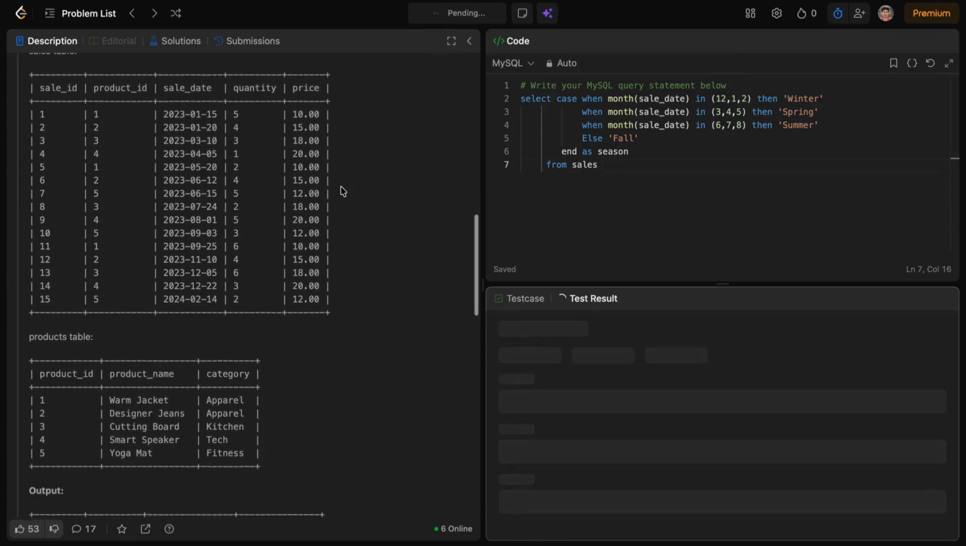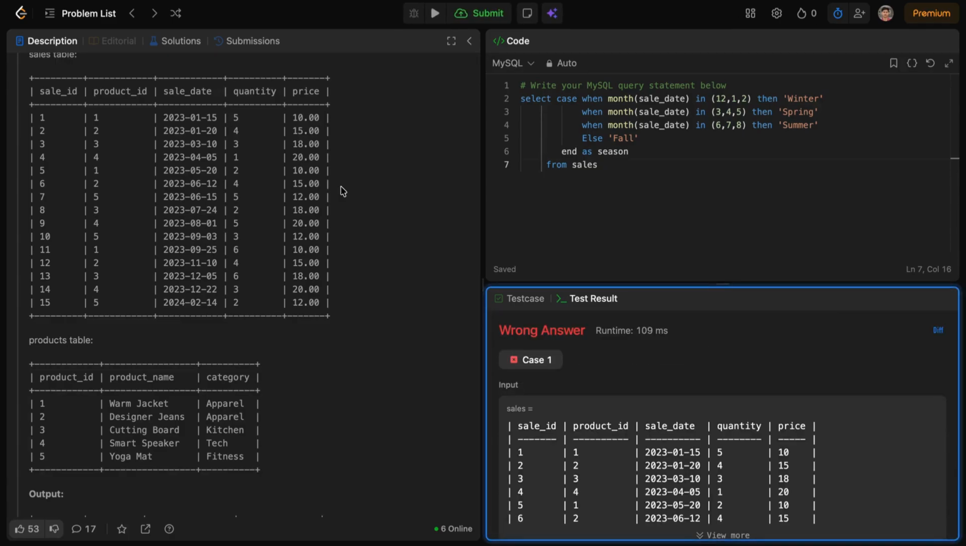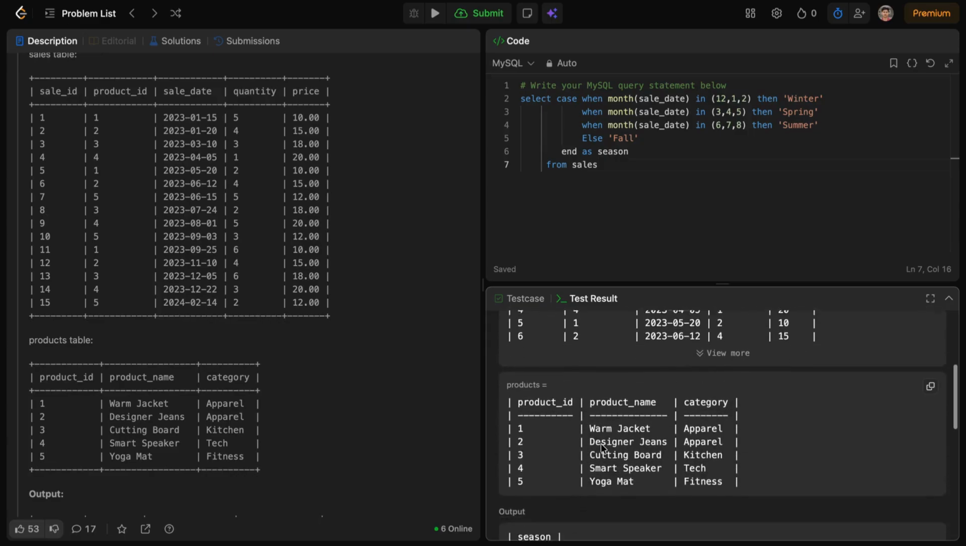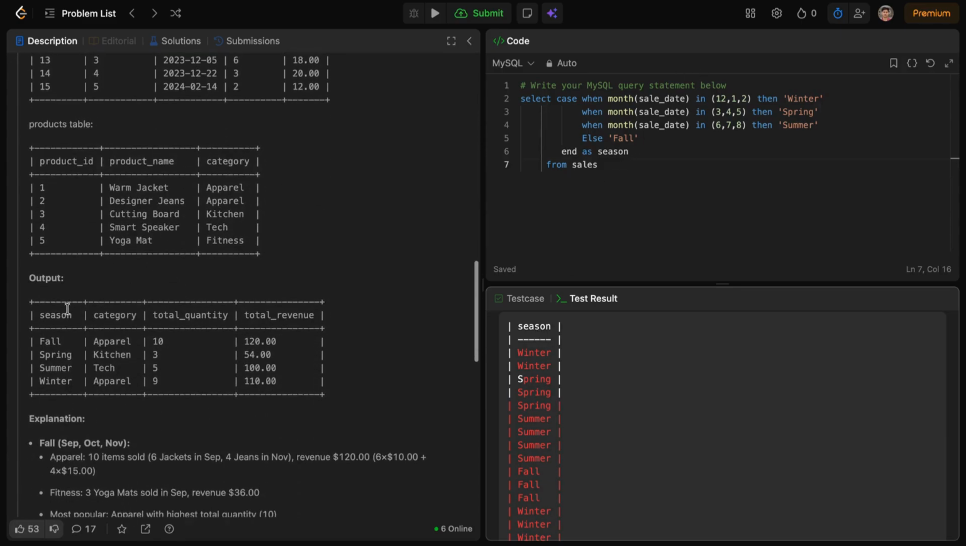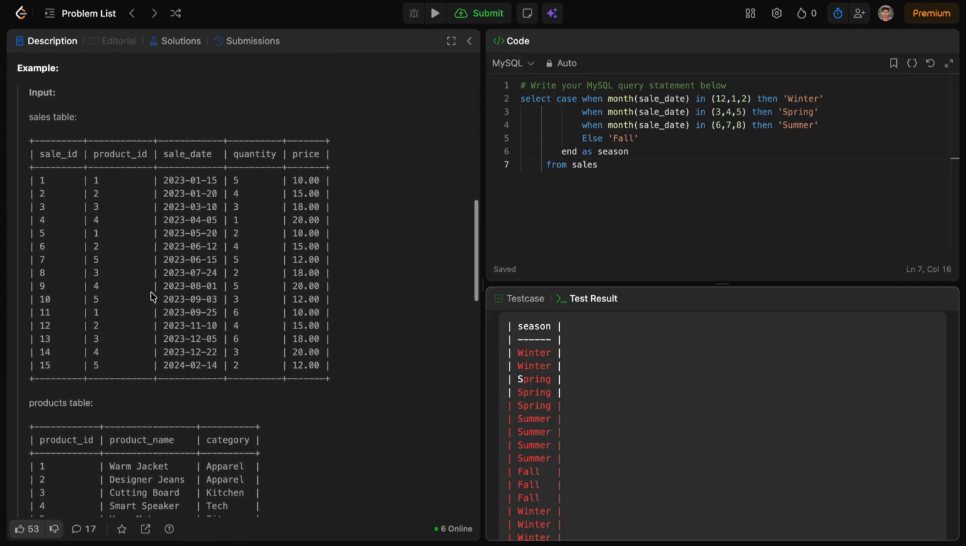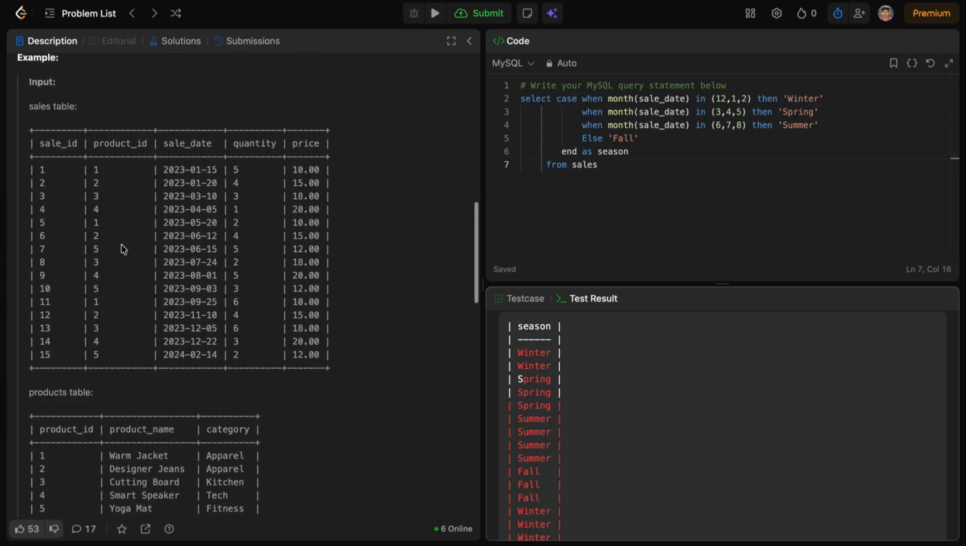So now running this and checking what it returns. Perfect, it gives the seasons. It contains all four seasons in a season column. Now we have to work on the category. As I told you earlier, we have to use product id to find the category for each product. So we make the sales table with alias s, and s dot sale date,